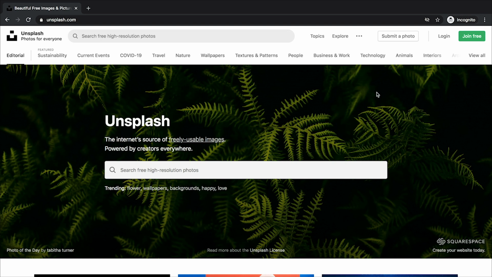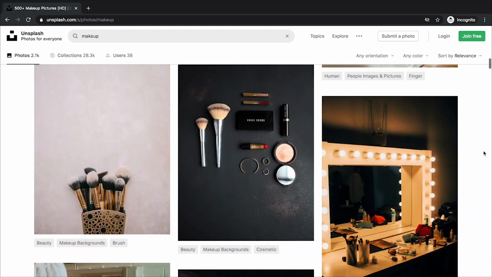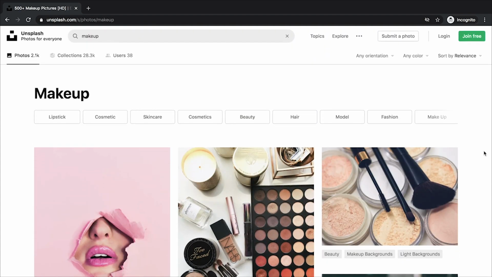You can search for pretty much anything you want and you'll find some high quality images that will suit what you need. So let's have a look and start with makeup. Great, as you can see here, you've got a whole stream of really high quality images that you can use for free on your project. We want two types of images. The first one is we're going to add in a demo product. So we'll add in 2 pictures for that so we can see what it looks like and I can show you how to add it in. And also we're going to look for a third image, which we'll use on what we call in the industry a hero image. Hero image is the large, wide image that most websites have when you visit their homepage.